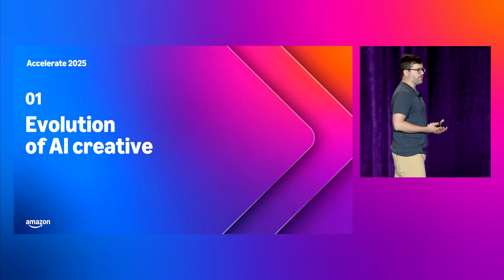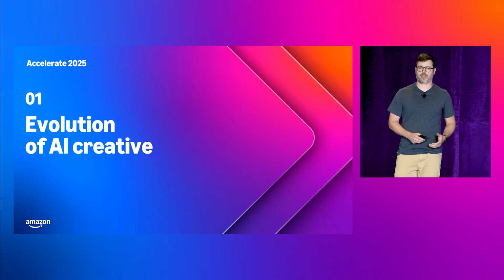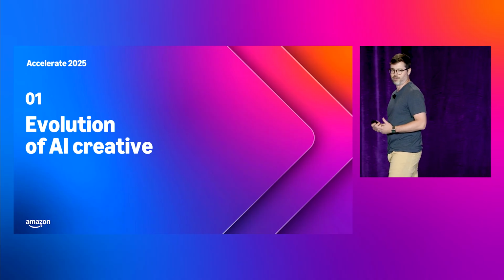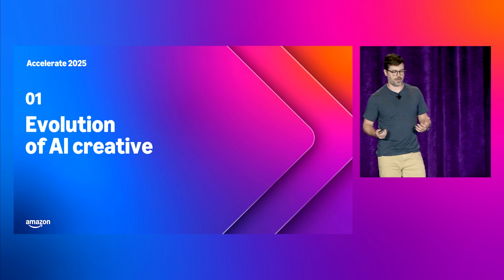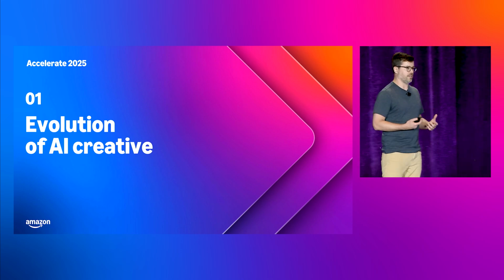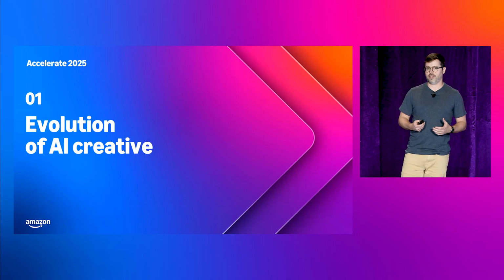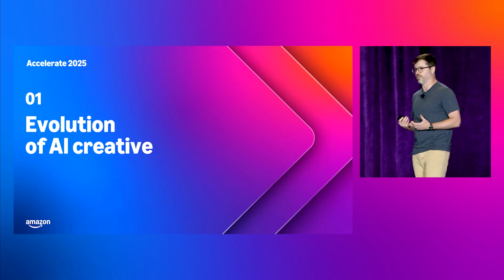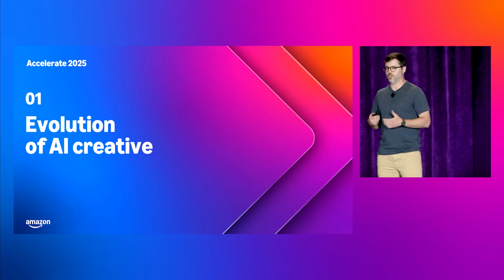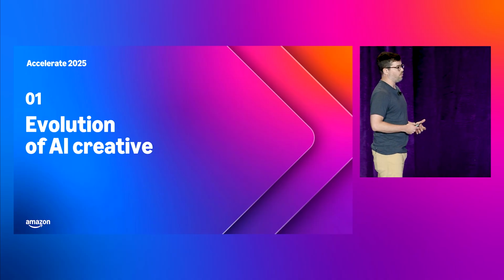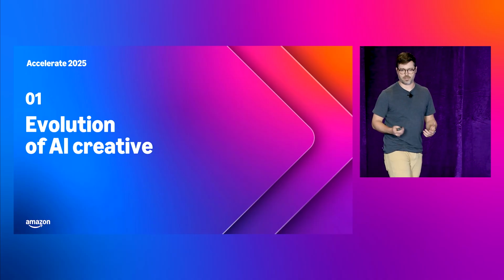First, let's talk about the evolution of AI creative. I think we've all seen that AI has continued to improve at a rapid clip over the last several years. But the key thing you have to do, and I've seen this from working really closely with AI, is you have to test AI for the specific use cases you have in mind. You only know if it'll work for you if you really try it. And so I want to walk you through some of my tests that I run to show you the progress